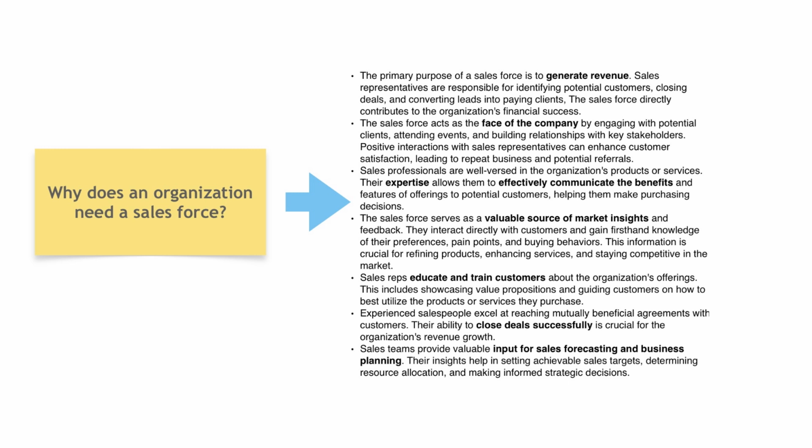Precisely. Then function 7 highlights their role in internal planning, input for forecasting and planning. How so? Well, the sales team provides the data, realistic pipeline estimates, conversion probabilities, market potential, that the entire company needs for planning. So finance needs it for budgeting, operations for inventory, marketing for campaign spend, HR for hiring plans. Without reasonably accurate sales forecasts, the whole organizational planning process falls apart.